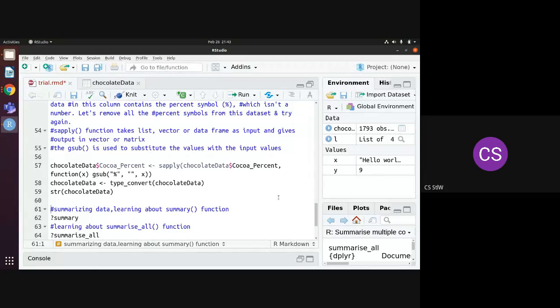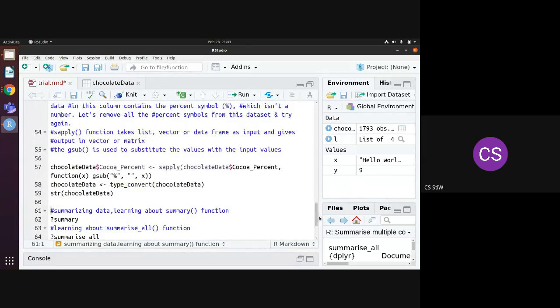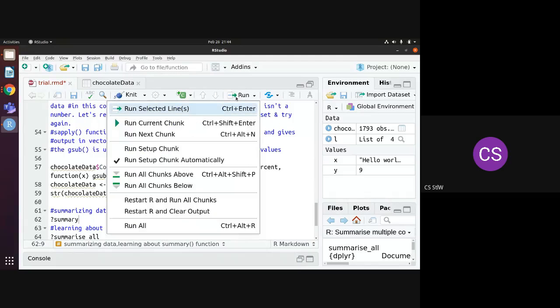Okay, so I believe those are done, I can now move on. We now want to summarize our data in various ways. So first, let us summarize this data. To see more about the summary, of course, we can just do a question mark summary. If you run this,